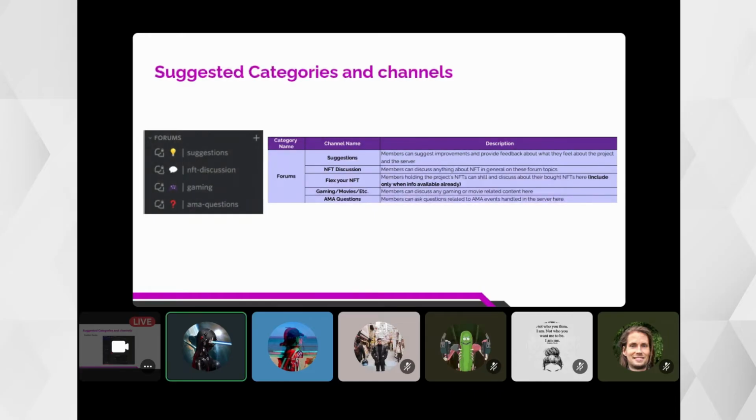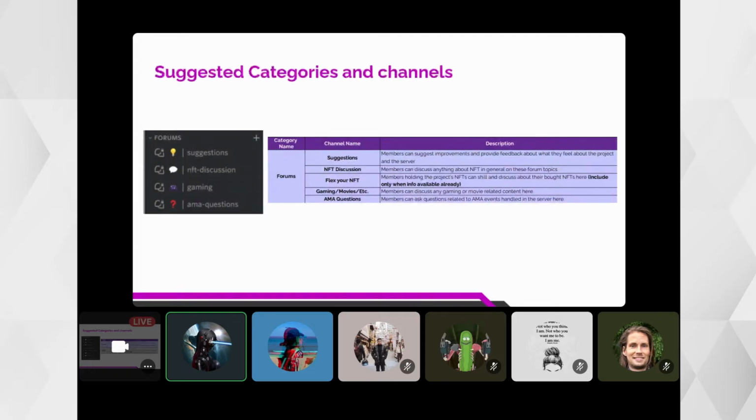So I am suggesting, if you are new to Discord or even if you have been using Discord before, there is a new feature on Discord called the forums channel. With the forums channel, these are the suggested channels that I want, and these are the things that I want to see in my server if I'm creating some forum channel.